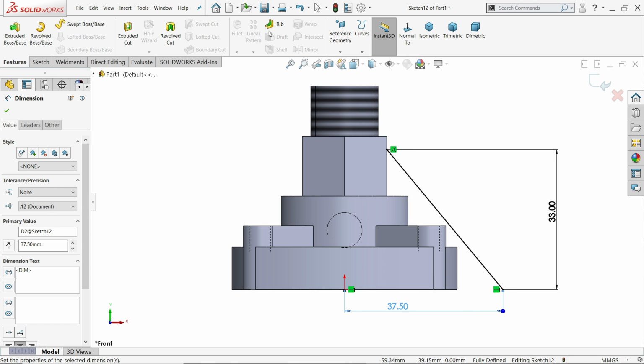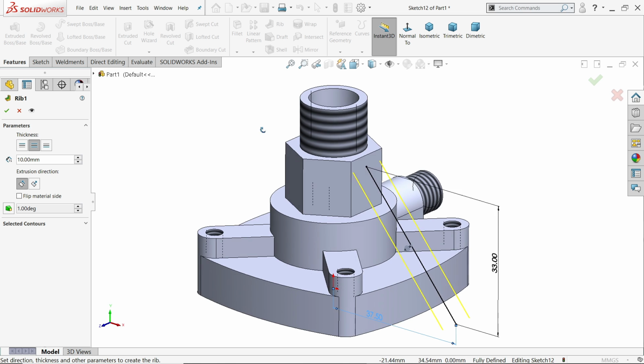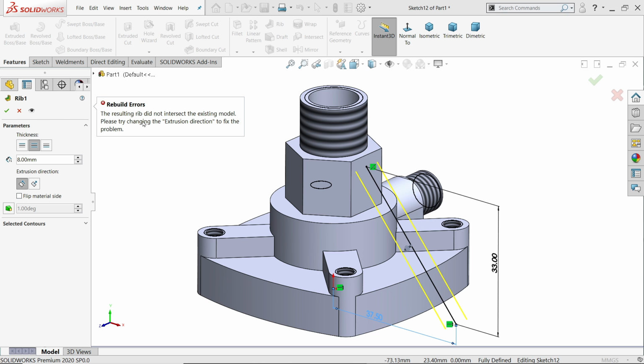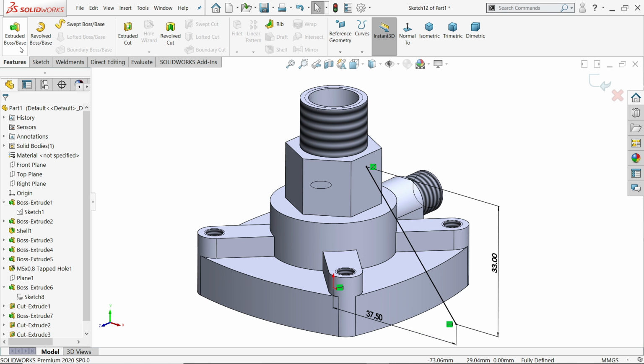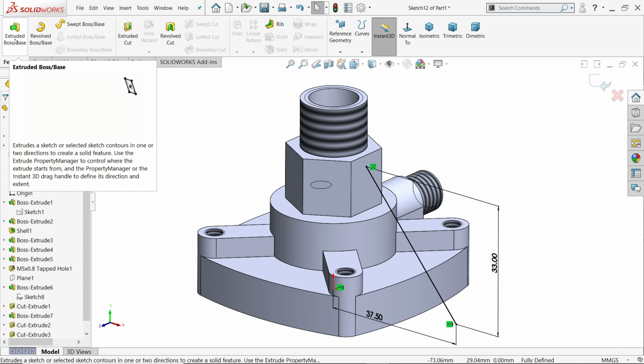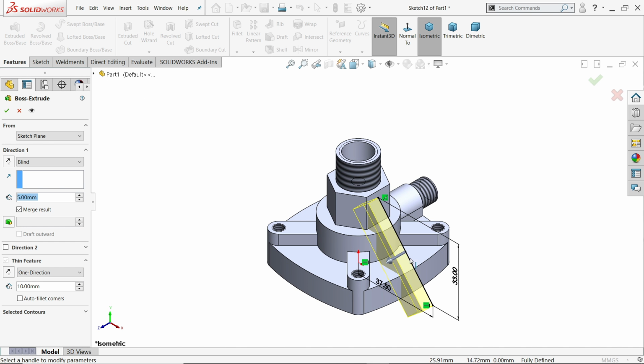If I am going to try with rib, look, it's not going to happen. Move both side. Say yes. See, it is showing some error. So we are going to apply with extruded boss base.